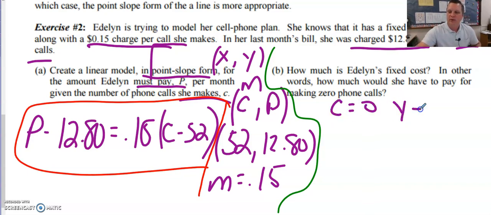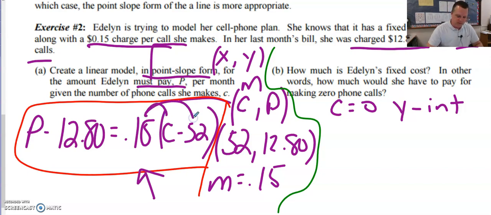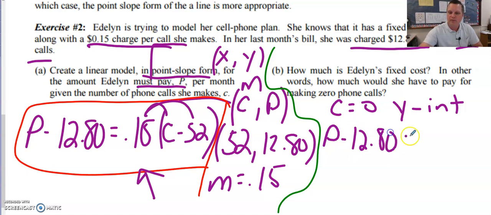And this is going to be my y-intercept, is what I'm looking for. So in order to find the y-intercept, I have to go back to my point-slope form of a line and put it into slope-intercept form. So this 0.15 has to be distributed to both terms. So I have P minus 1280 equals 0.15 C